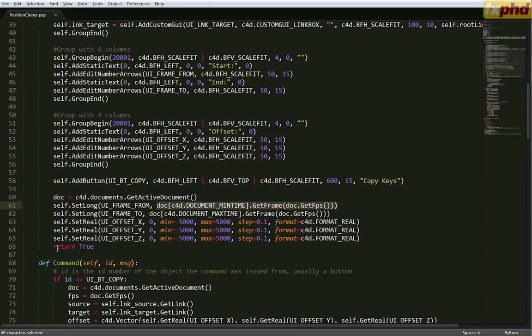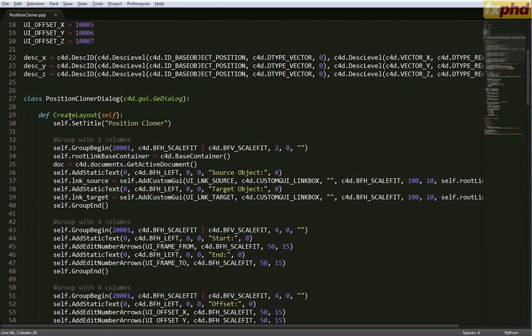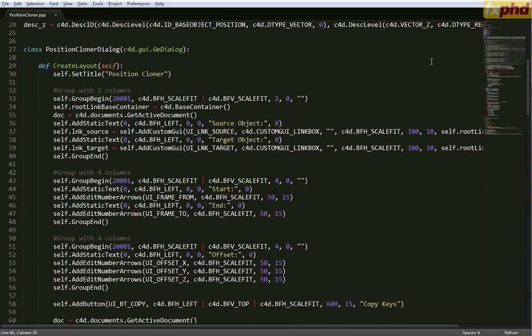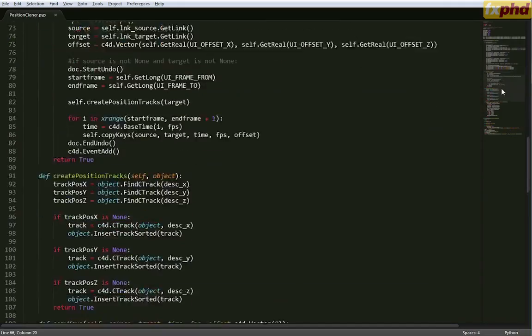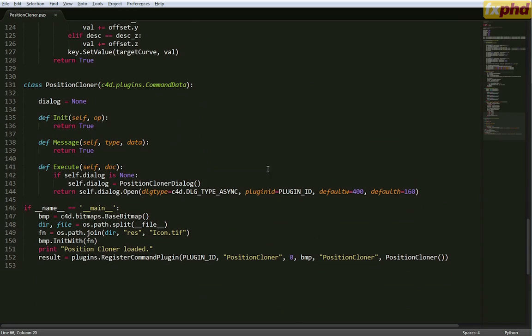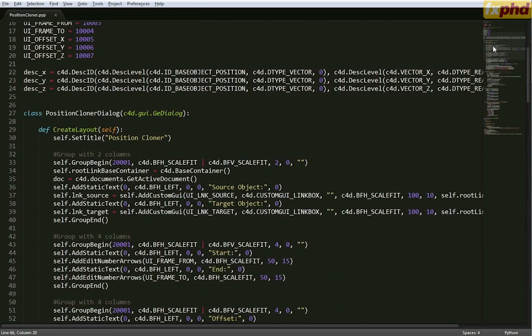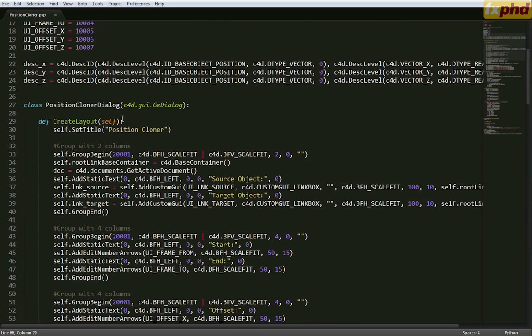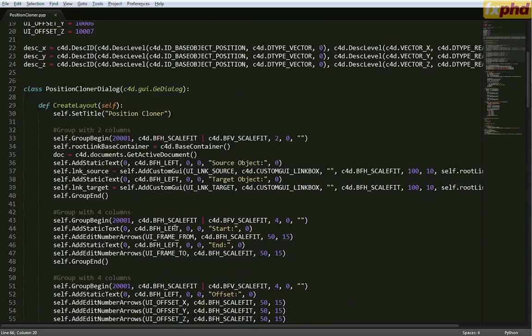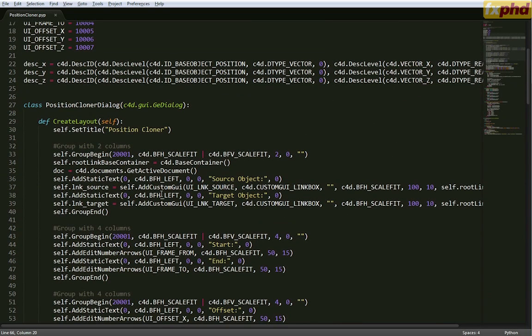And with that, we return from this call. So this is being called automatically. When the dialog opens, you can see we are not calling that function. That's being done automatically by c4d. The dialog opens and the create layout is being called to display the layout. That's being done automatically. And this function also expects no parameters, so it's just getting a single one